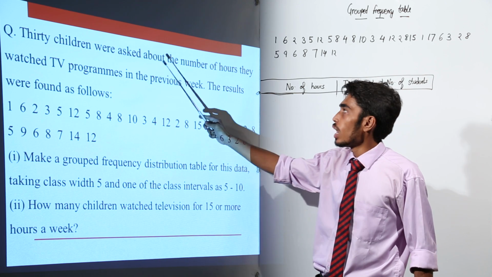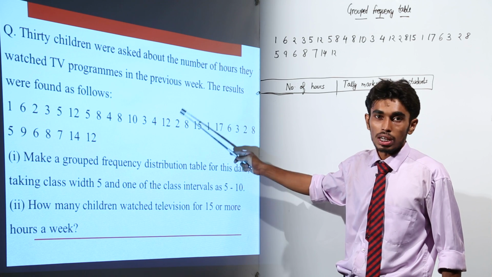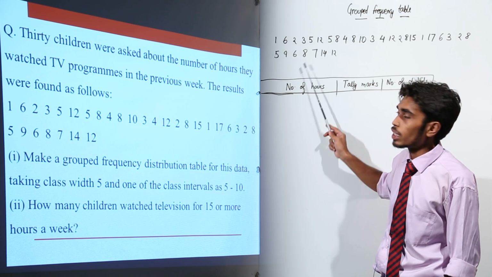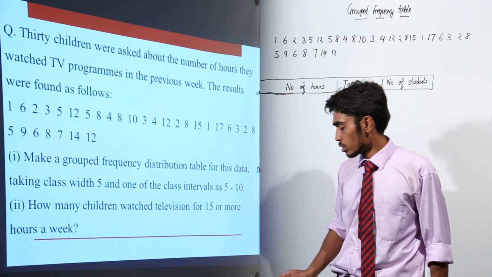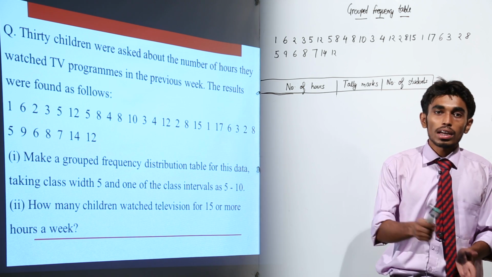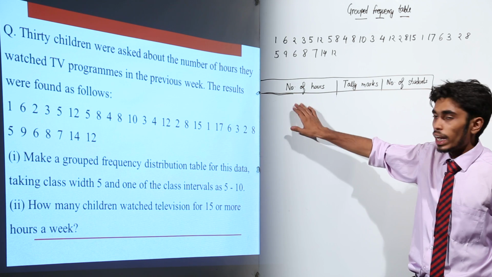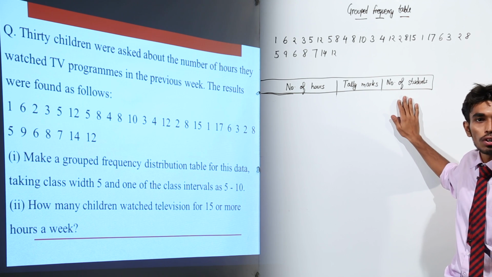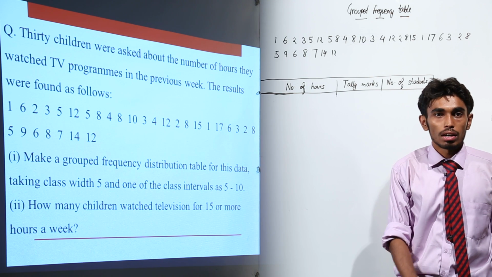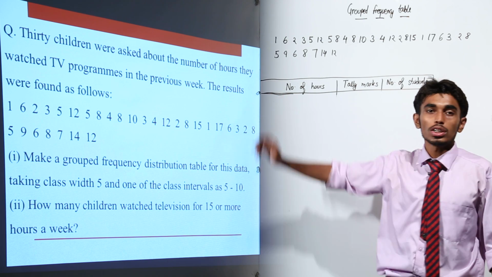30 children were asked about the number of hours they watched TV programs in the previous week, and the data that was recorded is given here, right? We need to make a group frequency distribution for this. So we know in an ungrouped frequency table, what we used to do was write individually every hour and the number of students or the frequency for that particular hour, right? If we have a huge data, here we have the data for 30 students,